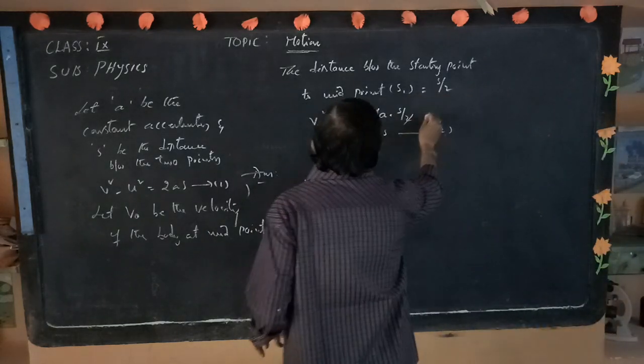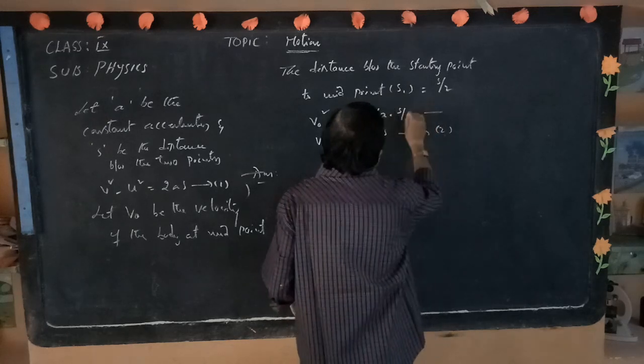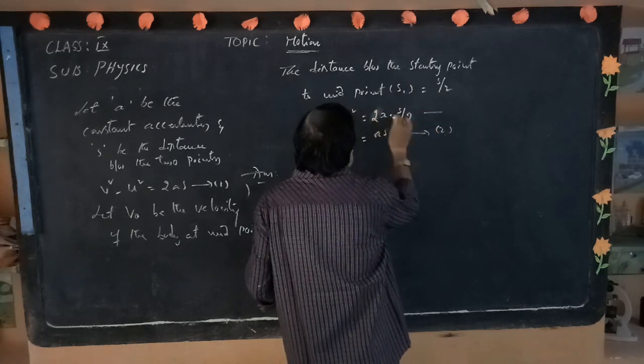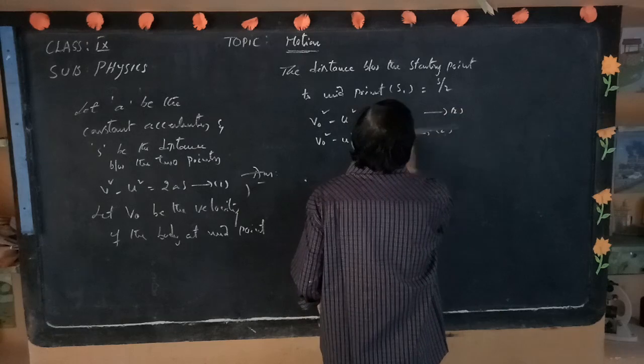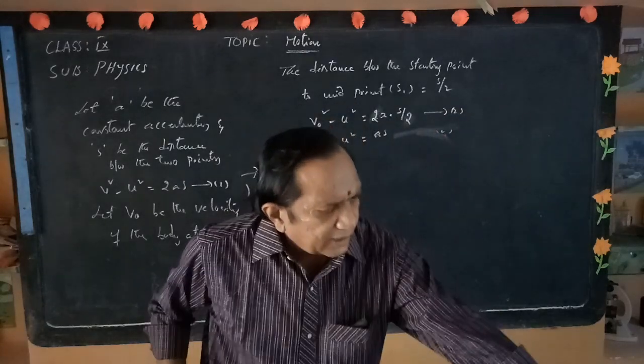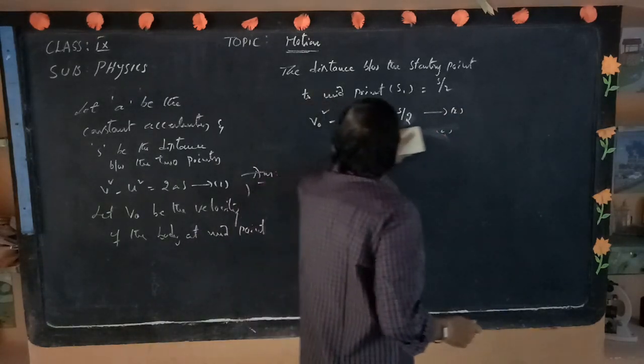So here we have to consider this will be due to cancellation. We have to keep like that only. 2a into 2, that will be equation number 2. Now in this we have to consider